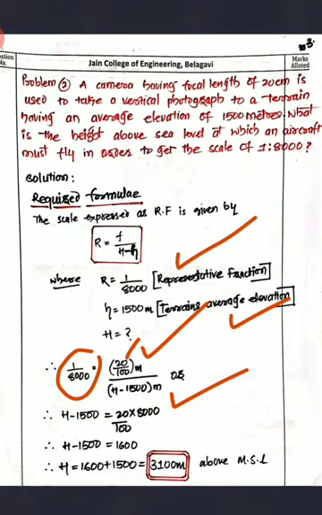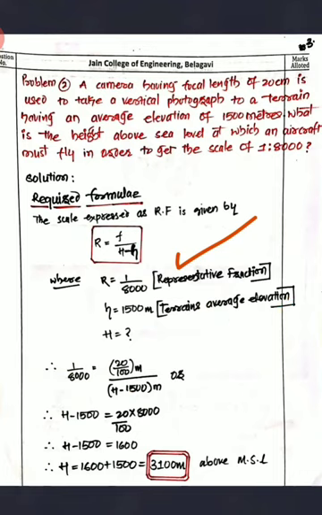Now I'll take this term to this side. So it is going to be H minus 1500 equals 20 divided by 100 into 8000. Now H minus 1500 equals 1600. Now H is equal to 1600 plus, if the 1500 comes this side, it is going to be 1600 plus 1500,